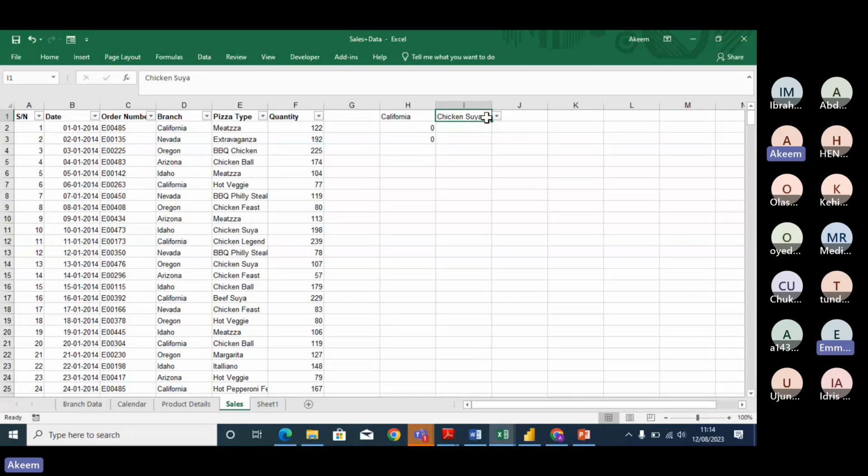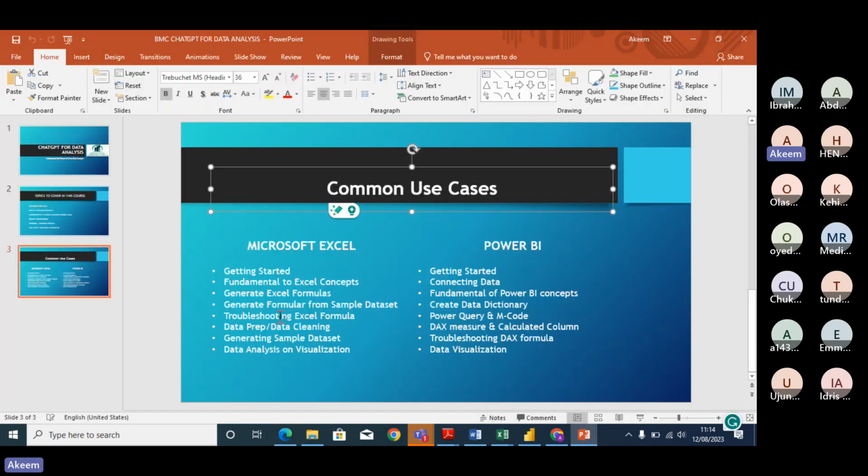You can see that chicken suya is not available here, but let's check if chicken suya from Nevada or from Oregon. There is. So that is how one can actually use GPT to troubleshoot, get formulas from data set, and do some other ones. So let's quickly move to